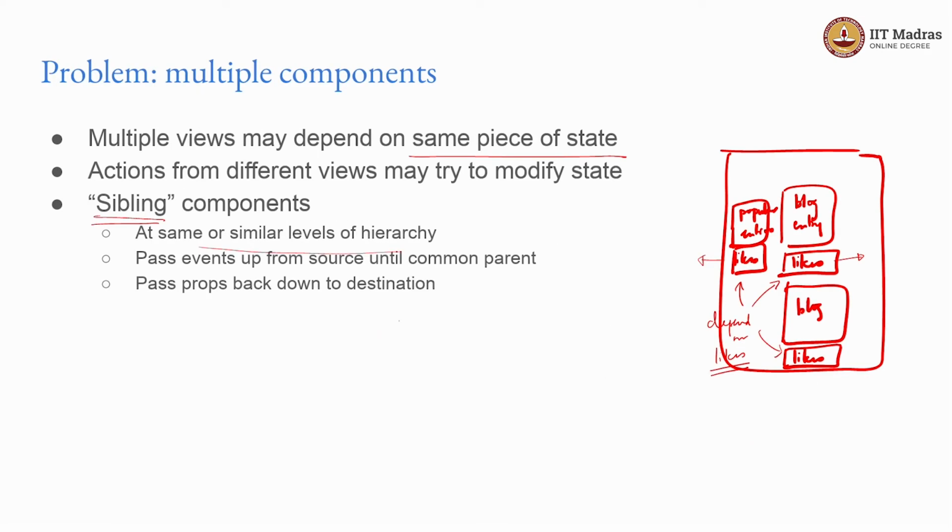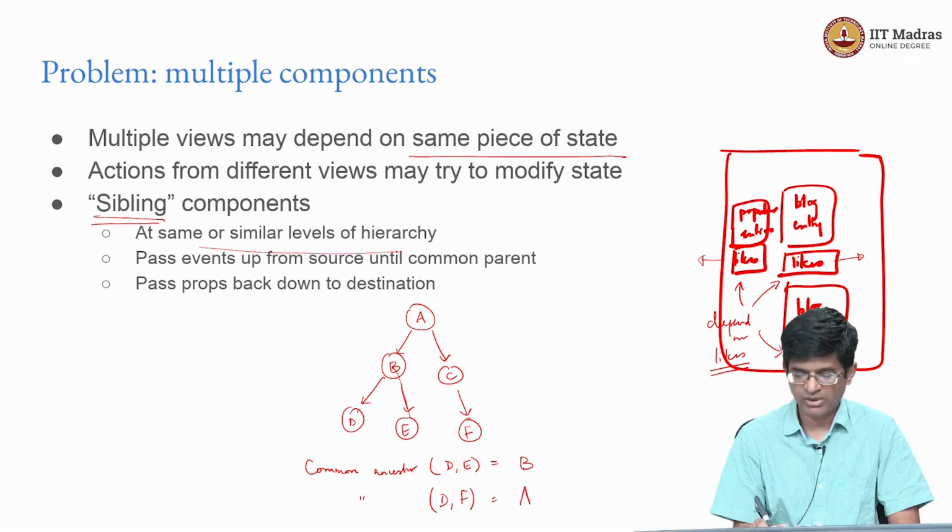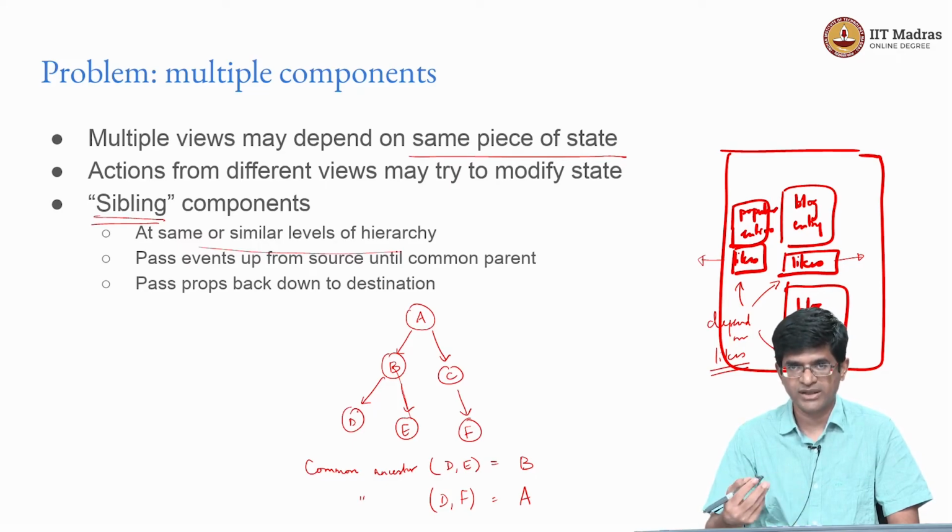So then if I have some kind of a structure where I have a tree that's building up, I could talk about a common ancestor of D and E, and this would basically be B, because B is the first point at which D and E both meet, but the common ancestor of D and F would be A. To be more precise, this is something called the least common ancestor, the closest one that's a common ancestor,